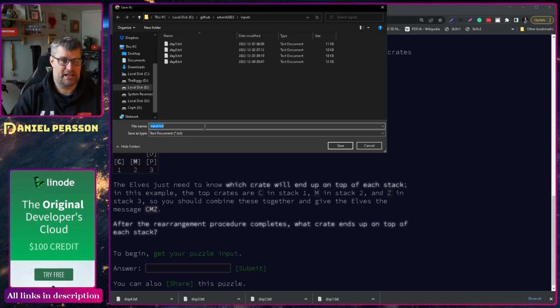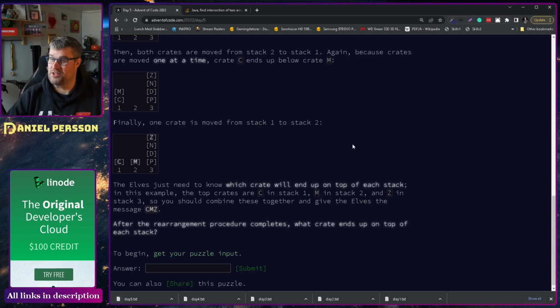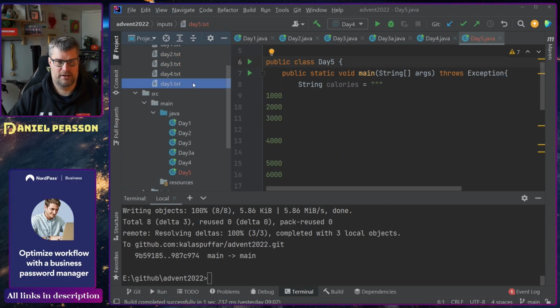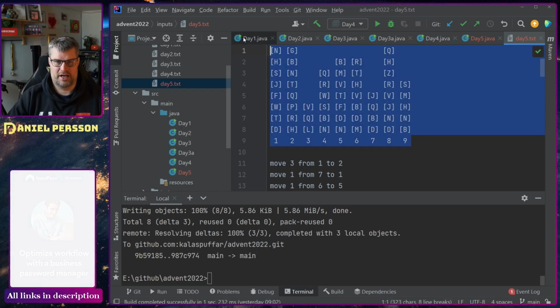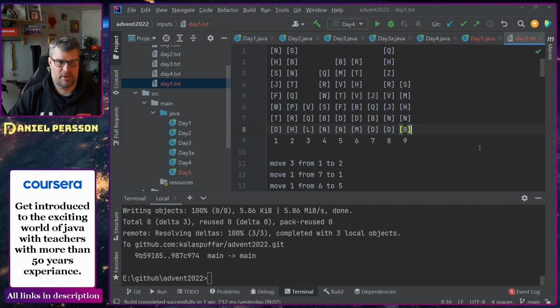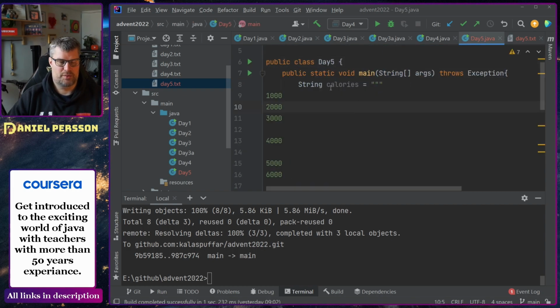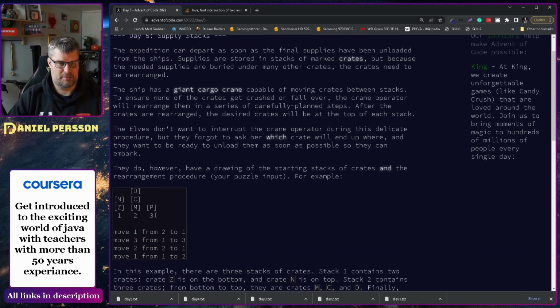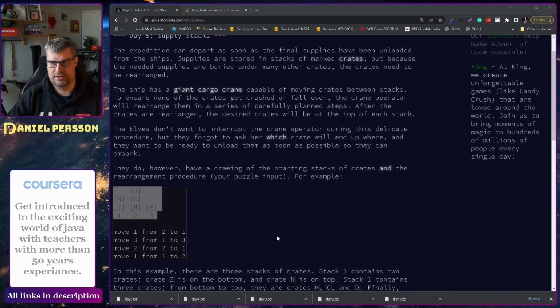So we have some stacking logic here that we need to figure out. So why not use stacks? That sounds like a great idea. And let's look at the input of day 5 here. So we have 9 here. A little bit more of stacking going on, but simple enough. Yeah. So we need some kind of logic to read this input, and then some kind of logic to figure out